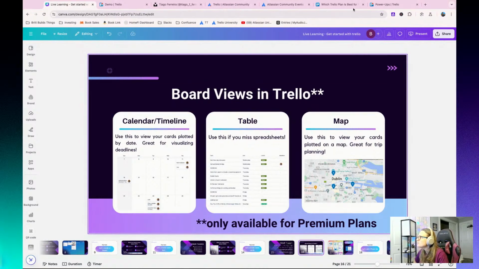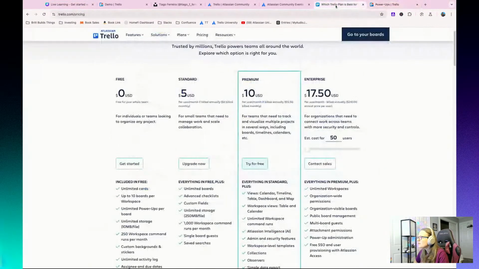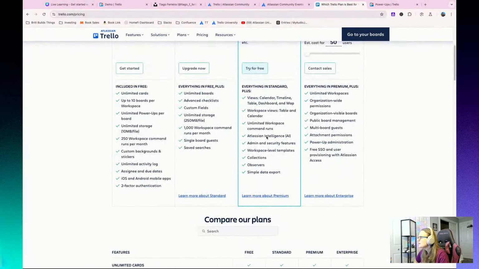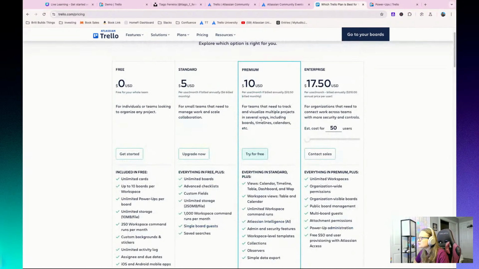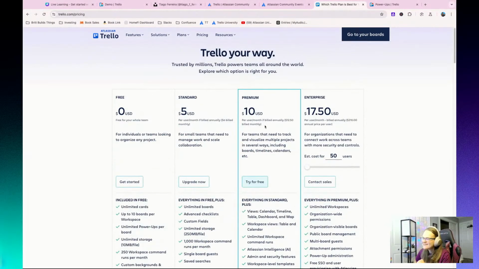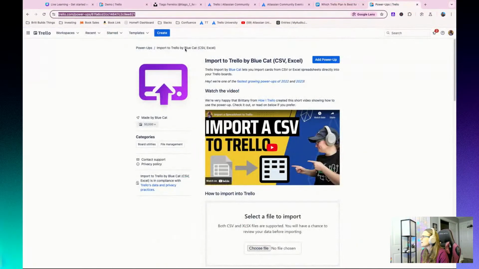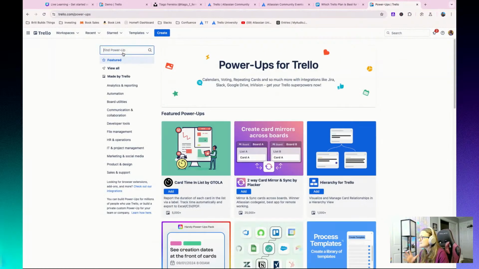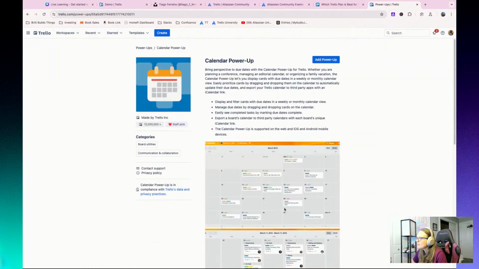One other thing I will say with calendar, if you were on the fence about paying for Trello, you're like, I really like that calendar view though. Even though, Scott, it doesn't show me the hours. I really like that calendar view. There's actually a power up for just the calendar. So this doesn't work with the other views, but if you search for calendar, you can get a free power up to use that gives you your boards in calendar view.